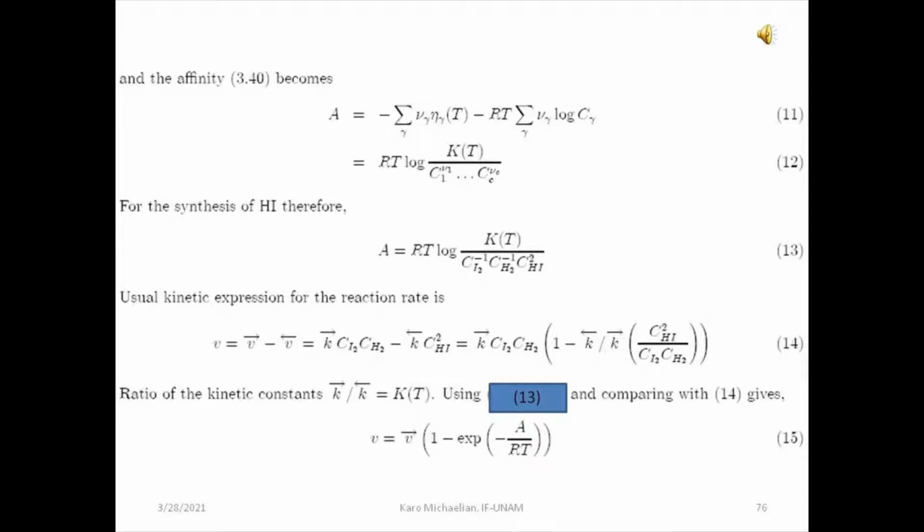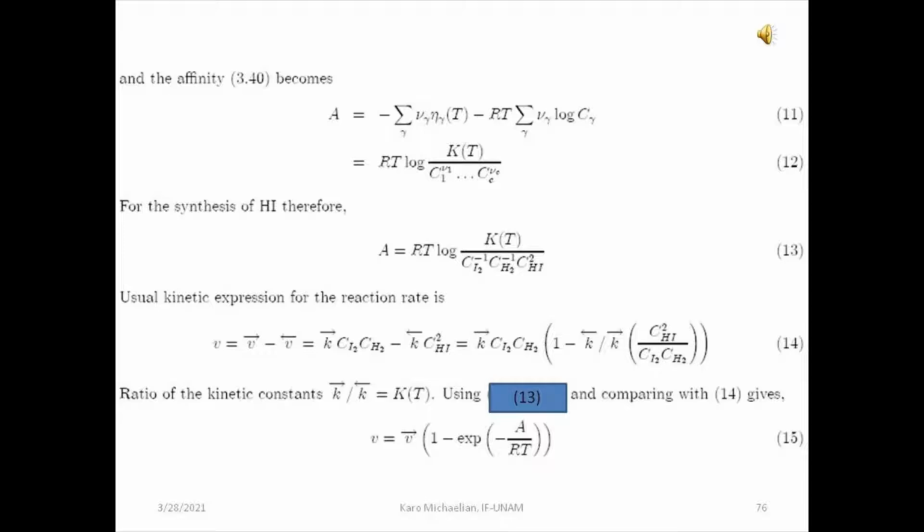And from this kinetic theory of gases, this is just equal to some rate constant K in the forward direction times the molar concentration of iodide, times the molar concentration of hydrogen, minus the rate constant for the backward reaction times the molar concentration of hydrochloric acid raised to the second power. And it's raised to the second power because that is the stoichiometric coefficient.